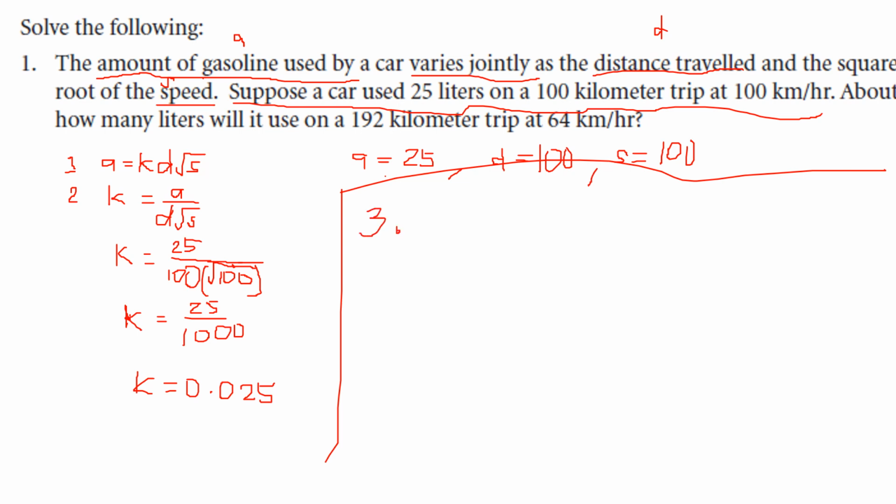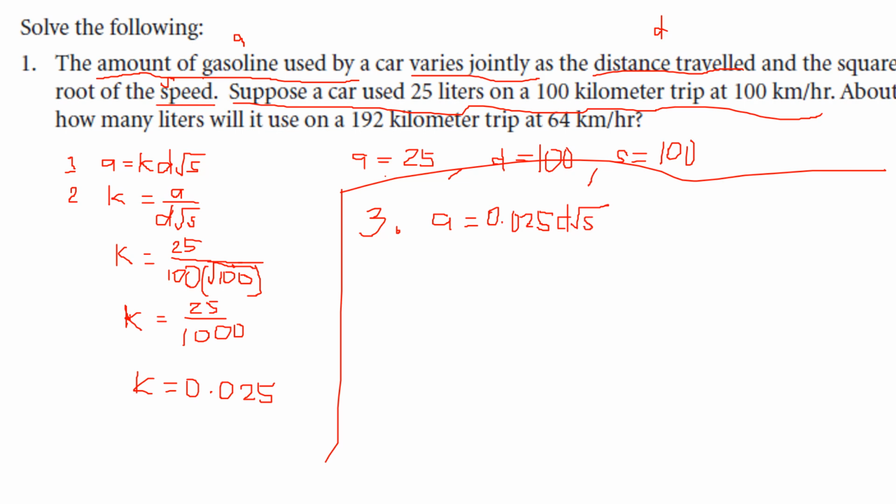in our number 1 equation. So, A equals... how much is K again? 0.025. Times D times the square root of,